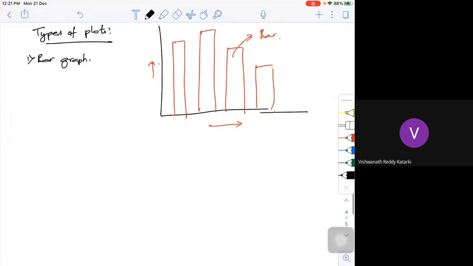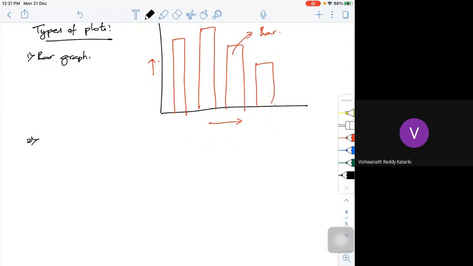The second type of chart we look at is the histogram. Histograph or histogram, okay. What is it actually? The histogram is the three-dimensional one, and the histograph is the two-dimensional thing. It is very similar to your bar chart, but what is the difference between your bar chart and your histogram?